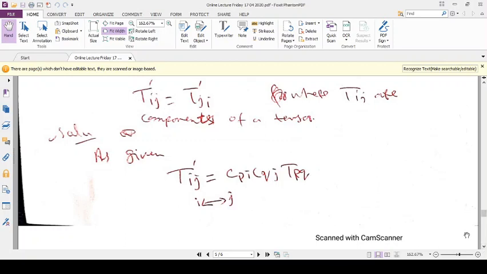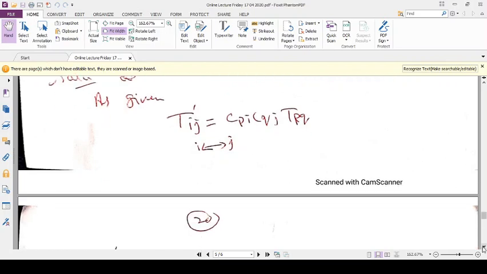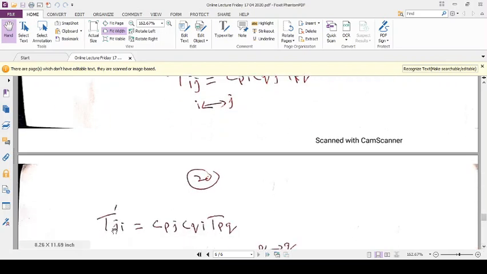So now we need T prime ji. As i and j are free indices, we can interchange these two indices i and j. So on the left side there will be T prime ji,